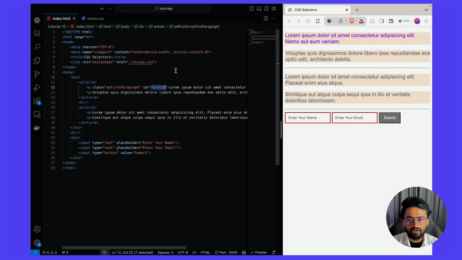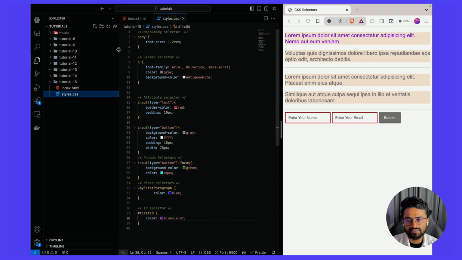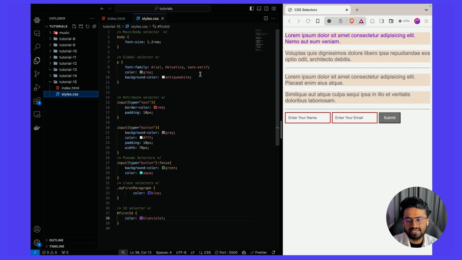So this is pretty much it about this video, guys. What we have learned here is different kinds of CSS selectors, like in how many ways you can target the HTML elements and select them accordingly, right? I've also put the comments. You can see it here,